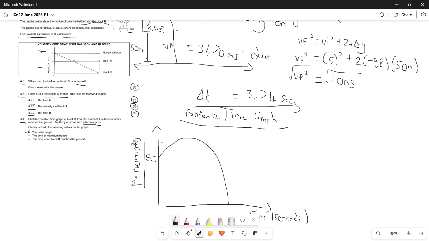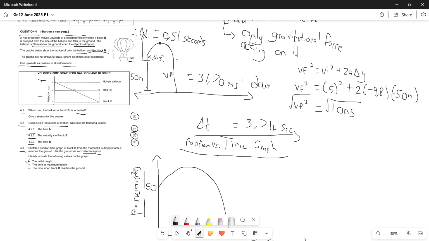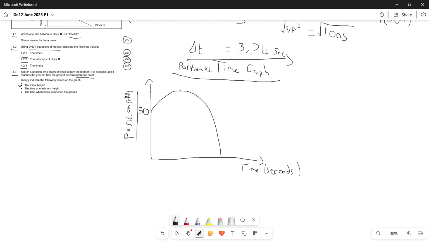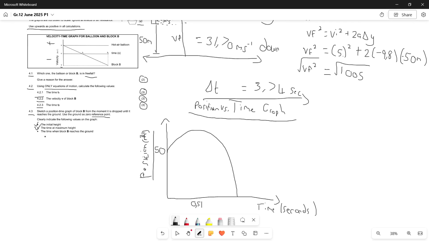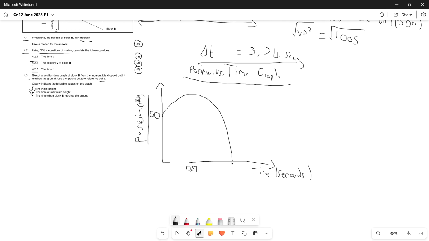The time at maximum height. So that is the time t1 when it reached 0 all the way up here. And we had the time here from our previous question. It was 0.51 seconds. So we can just go ahead. Let's say that is our peak over here. Plot 0.51 over there. And then last bullet point they want from us is the time when block B reaches the ground. So the time for the total journey, we had that over here. It is 3.74 seconds, and that is when it hits the 0 reference point, 0 being over here. So then we can just plug 3.74 there, and that would earn us our 5 marks for this question and